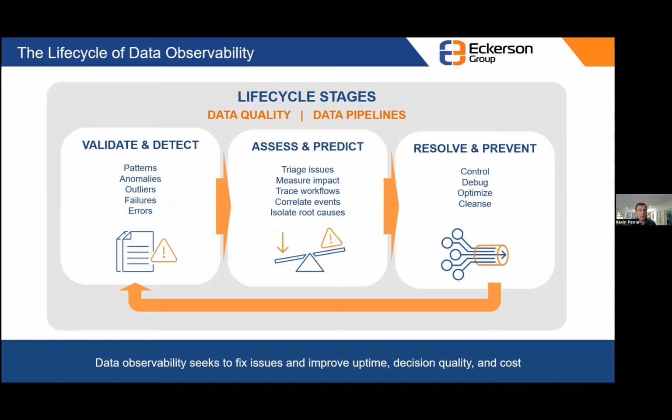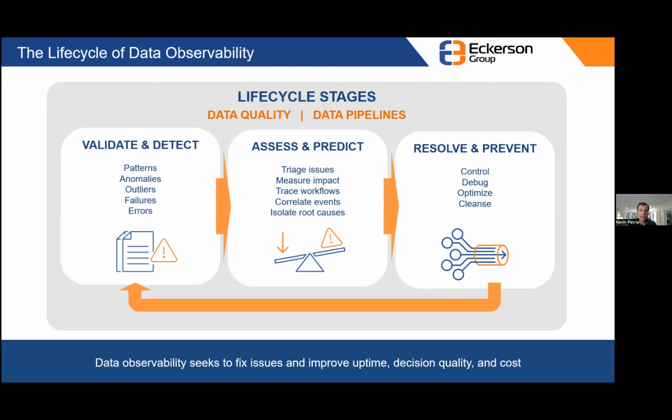Here, we're studying patterns, we're studying breaks in patterns or anomalies, also understanding outlier values, failures in terms of delivery of data or execution of pipeline code, or errors. If you can validate those, if you can spot the problems, you can move to the next phase, which is